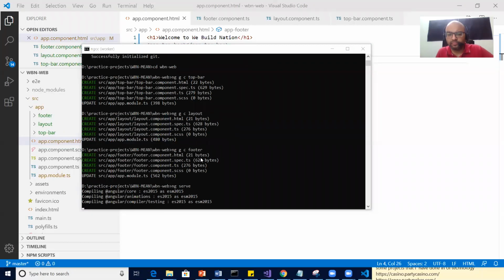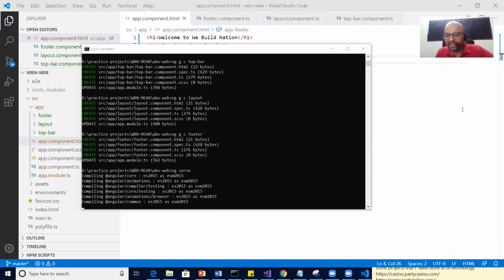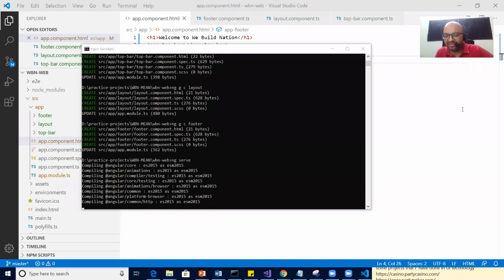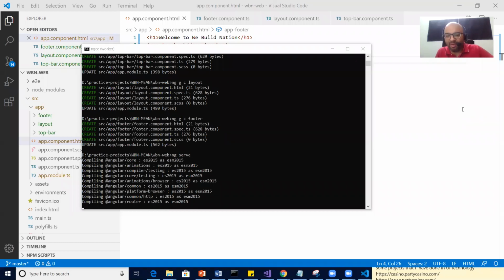Hi team, let me quickly make a small announcement. Today is Mehboob's birthday. Let's all wish him many happy returns of the day. Happy birthday, Mehboob. Thank you, sir. On Mehboob's birthday we have started our project.